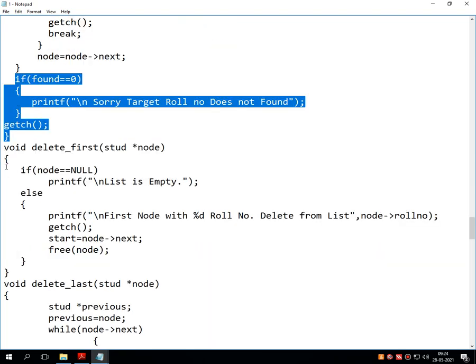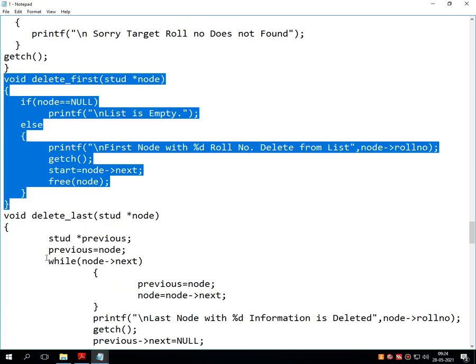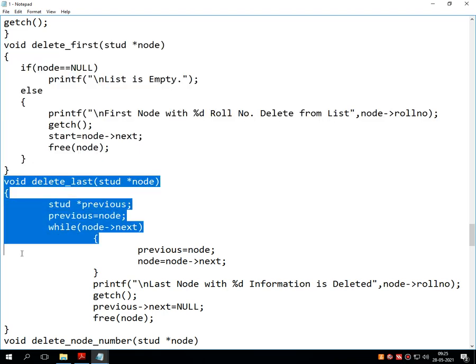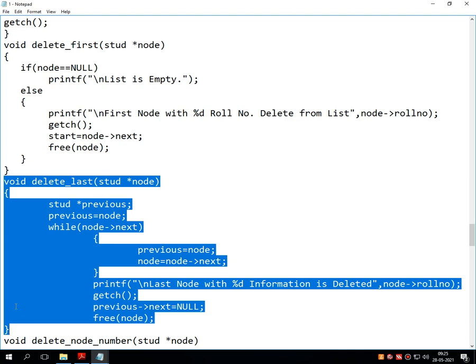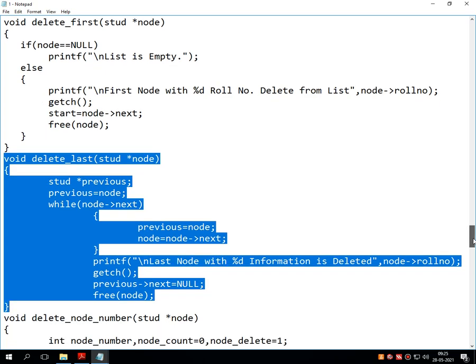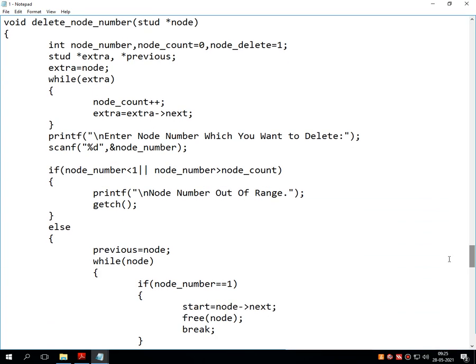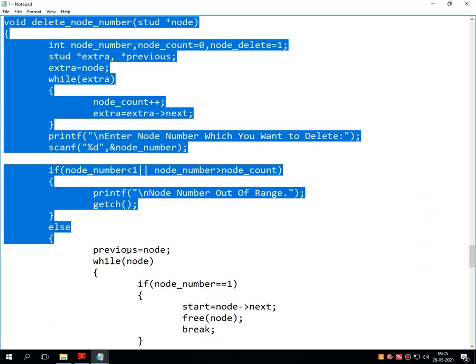Fine. Now go for delete_first. Then go for delete_last. Then go for delete_node number up to this closing bracket.